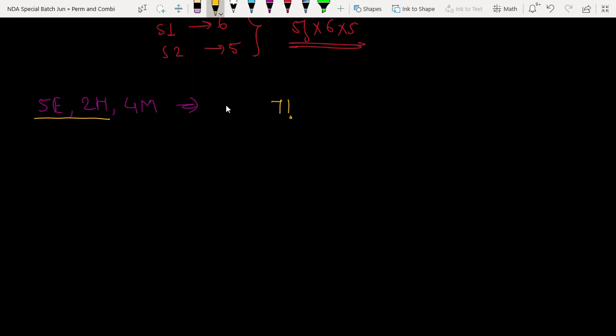Because of the 7 objects, how many vacant places have you created? 8. Okay, look, 1, 2, 3, 4, 5, 6, 7. For these, how many vacant places will you create now? See, these are the 8 vacant places I have created. Don't worry, whatever the number of objects, add 1 and you will get that many vacant places. So 7 factorial into, now the first maths book will have how many options? 8. Second will have 7. Third will have 6. And fourth will have 5. That's it. This is my answer. See, orally we are solving the questions now.